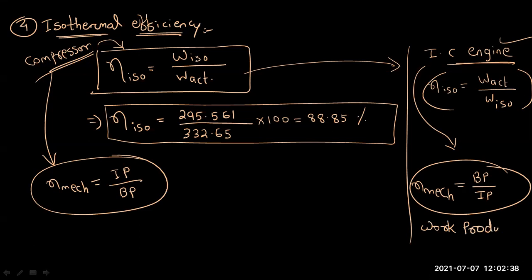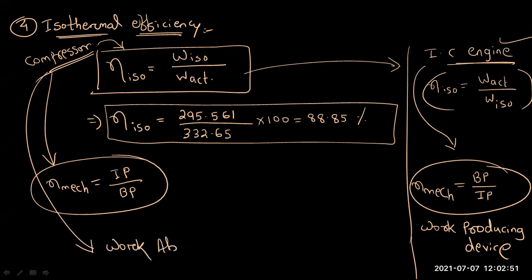producing device. IC engine is a work producing device, whereas this compressor is a work absorbing or work consuming device. Okay, so that's why whatever the formulas are there for IC engine, all those formulas will just reverse in